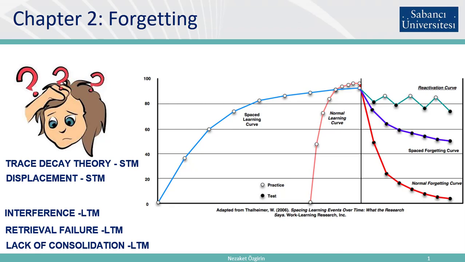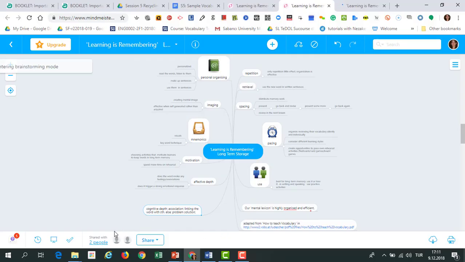Let's look at what many authors in the ELT world said about the principles that should be followed in order to support long-term retention of vocabulary. Probably the most important of these can be listed as the following. Let's look at this semantic map. Here you can see the most important remembering strategies organized in a semantic map for you. You can see the same picture, the same map, on the website.